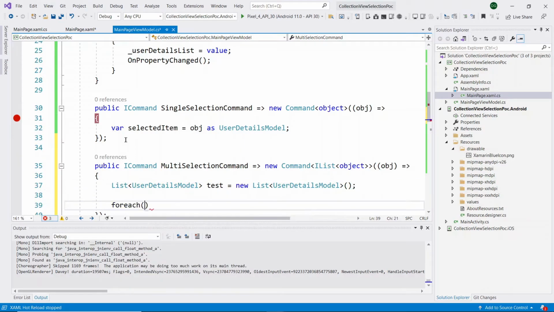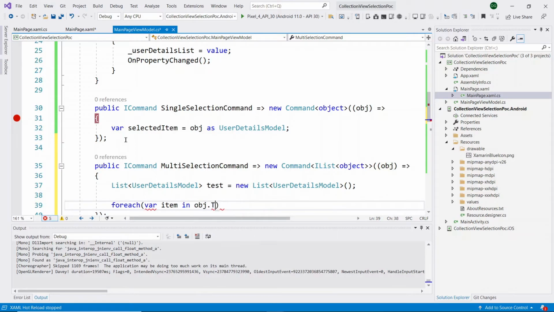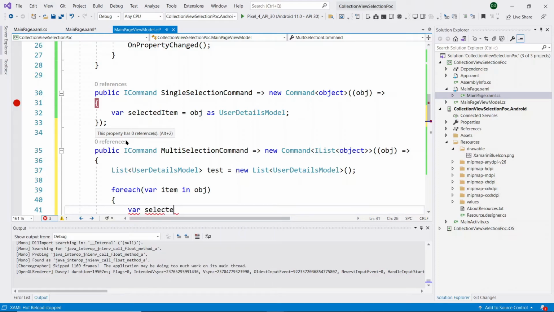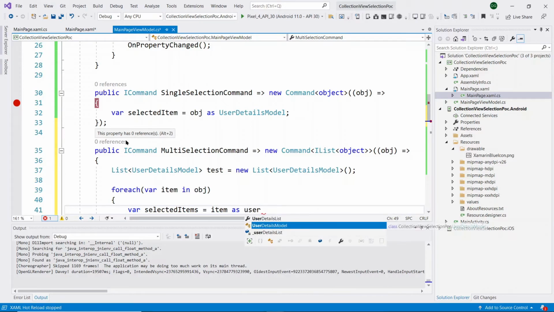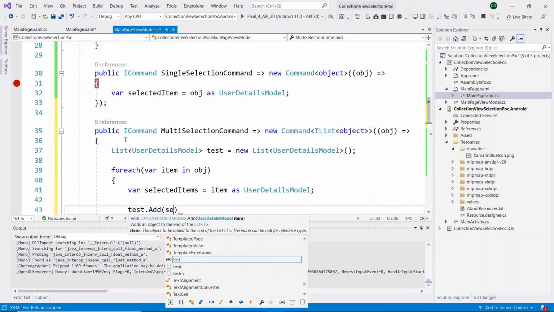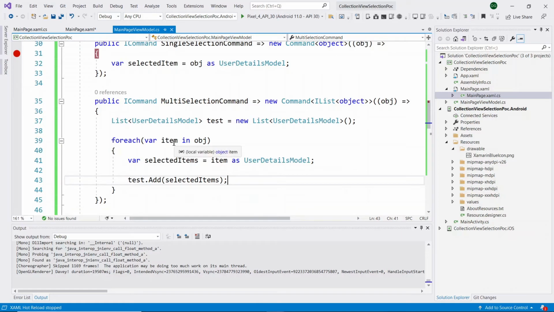By iterating our object parameter, we can get our multi-selected items. So this is the process of getting multi-selected items inside the view model.